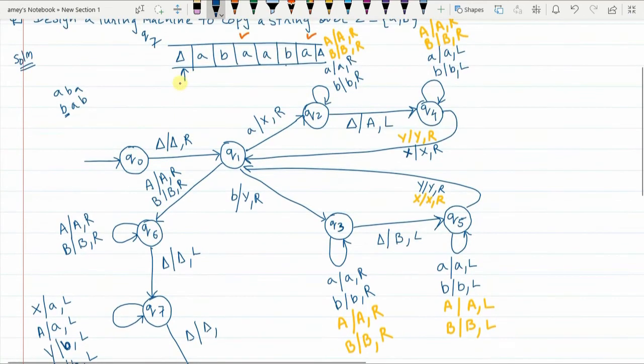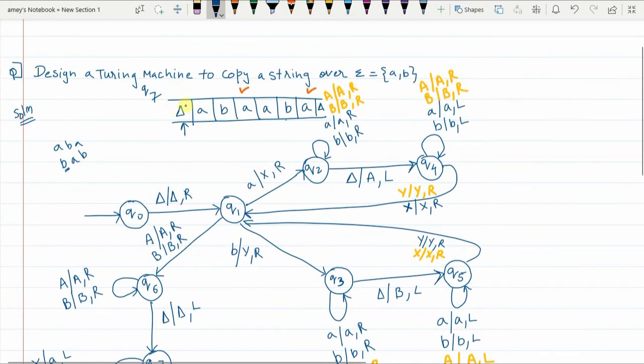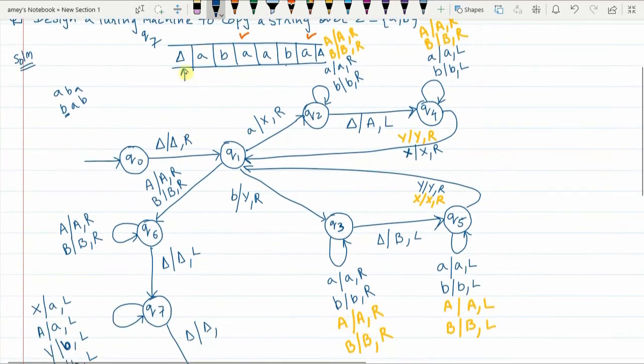And as I told you in the previous problem, yesterday's lecture, after replacing delta with itself, you can either keep the pointer stationary here so that the user will start reading from here, and his first transition, delta replaced with delta move to the right, he will be doing. Or you can move the input pointer to the right and keep it here so that the user can directly start reading from here and this extra transition is not required.